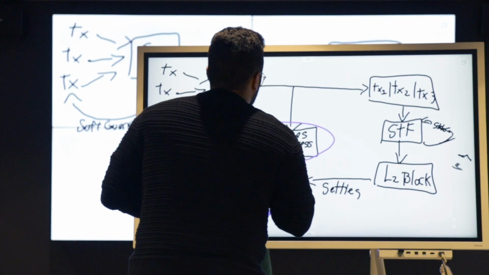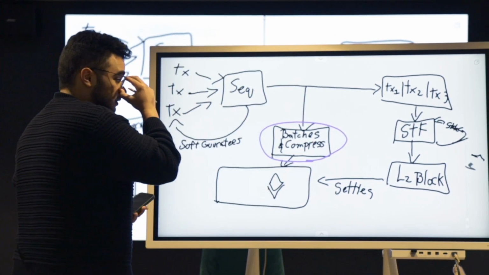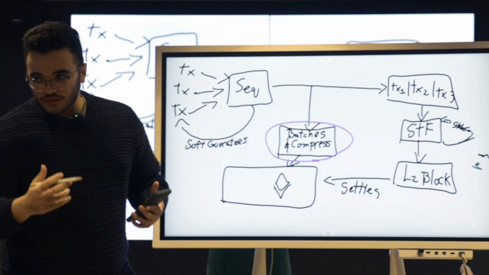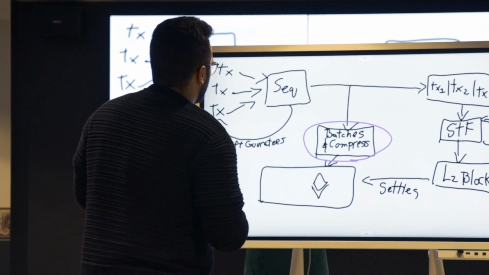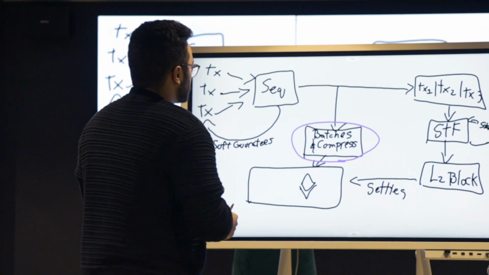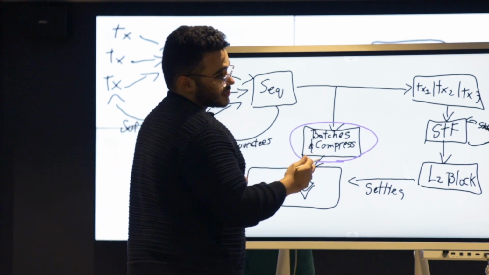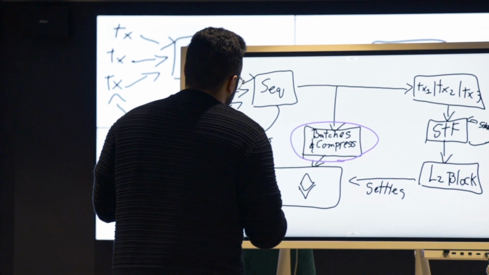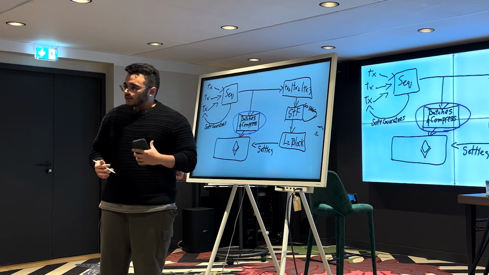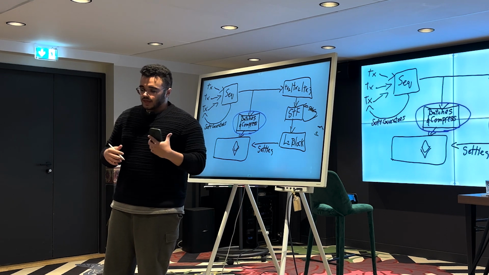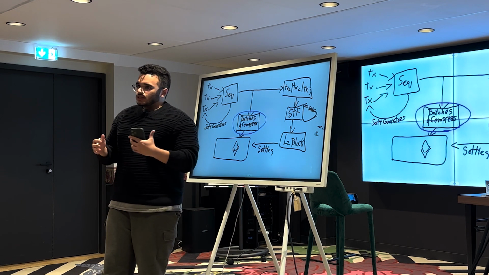So a normal Arbitrum rollup batches and compresses the data and publishes that to L1. Obviously that costs gas fees, costs a lot to publish all this data to Ethereum. And as mentioned in the Nitro white paper, you can actually just not publish this data on Ethereum and make it available somewhere else, right? The Nitro white paper does talk about the idea of using a data availability committee, right? That's what they call AnyTrust, which is essentially a Nitro chain with a data availability committee and some other extra